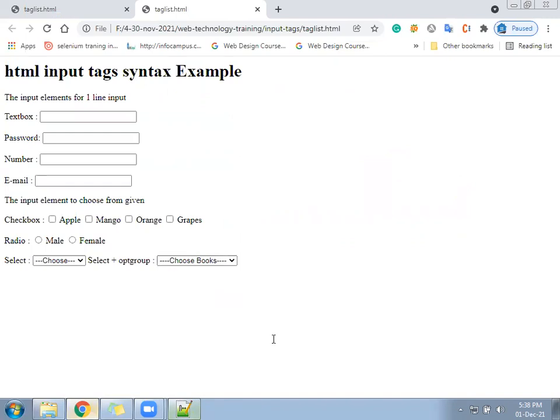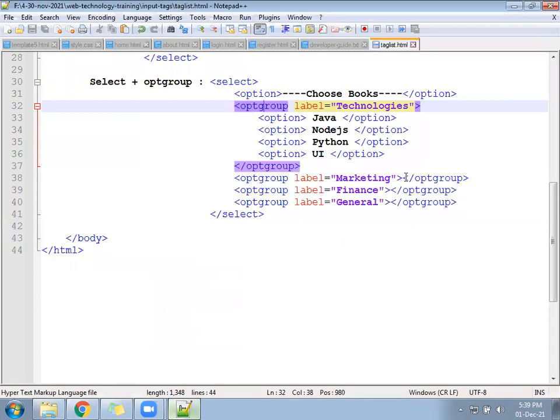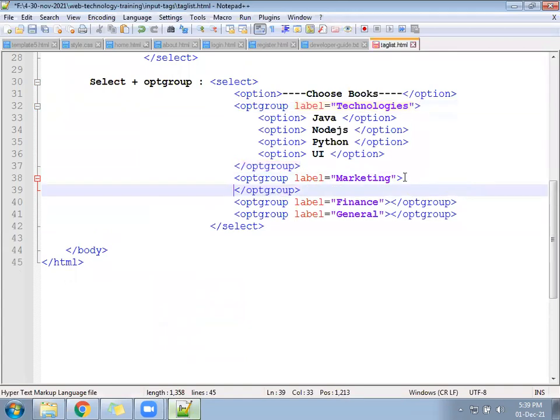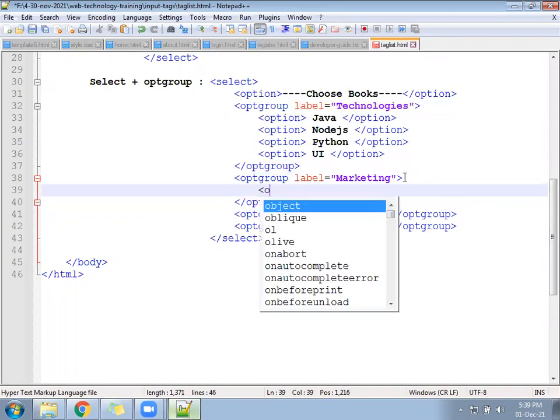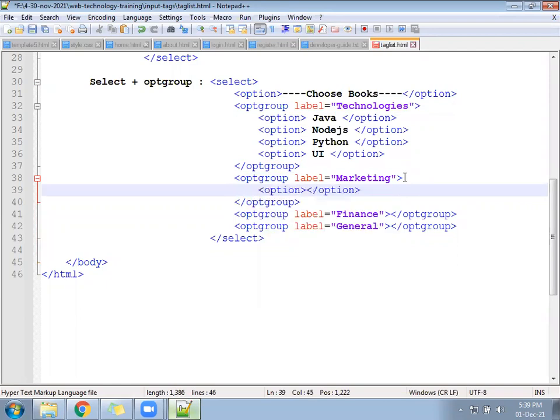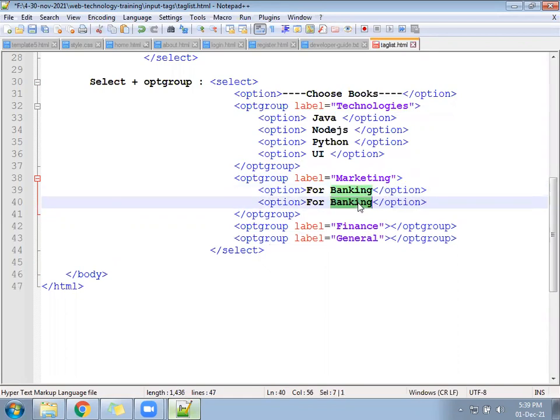Okay, come to the marketing portion. Under the marketing portion, you can add one option for banking, for transport, for IT.